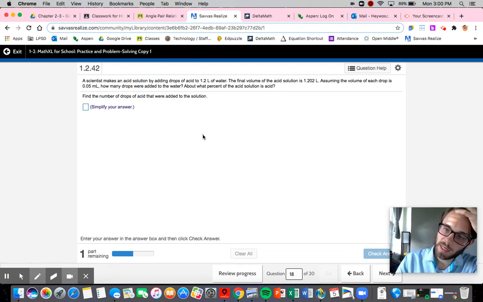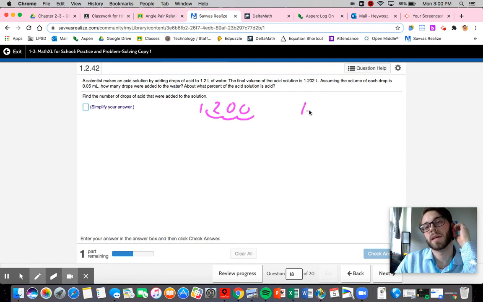All right, so we do need to be careful on this particular problem because you'll notice we're dealing with liters and with milliliters. I don't care which one you convert to, but you are going to need to convert. Quite frankly, let's convert to milliliters just for simplicity. So 1.2 is 1200 milliliters. Then 1.202 would be